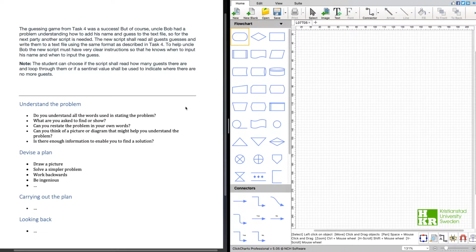Let us take a look at the description of this task and see if we can devise a plan for how to solve it. So our previous script was a success, yay! But of course we need another script for the next party. And we can see here that the new script shall read all guests' guesses and write them to a text